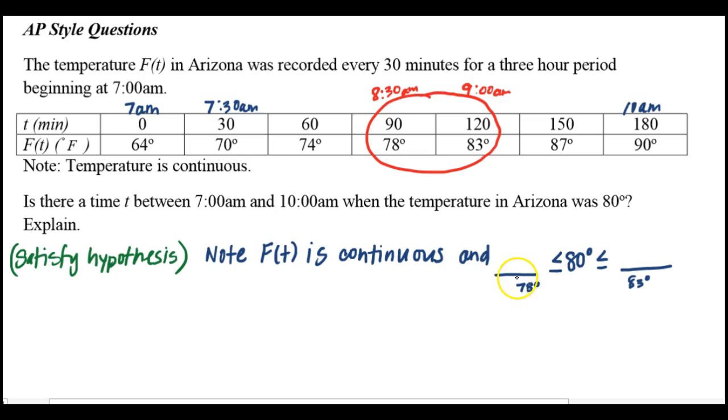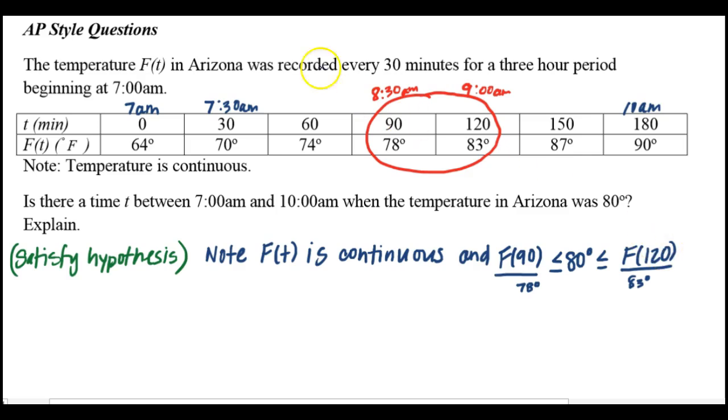So 78 degrees is f of 90. So right here, we're going to put f of 90. It's like putting 78 degrees, but it's being specific and using function notation. So f of t is continuous, and f of 90, which is 78 degrees, is less than or equal to 80 degrees, which is less than or equal to 83 degrees, which we're going to represent as f of